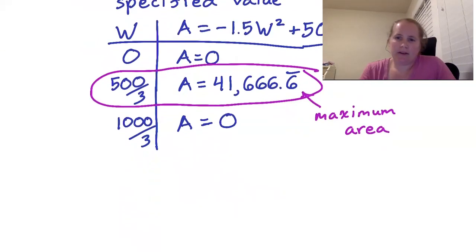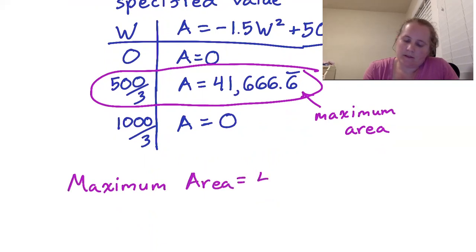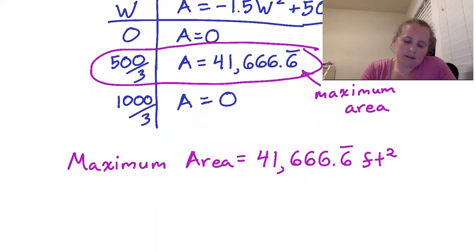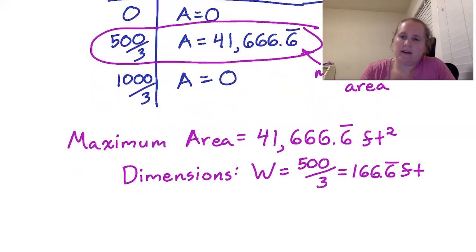And the maximum area is 41,666.6 repeating square feet. We're talking about feet for our fencing. And the dimensions where this occurs, we had that W is equal to 500 thirds, or 166.6 repeating feet. And then L,